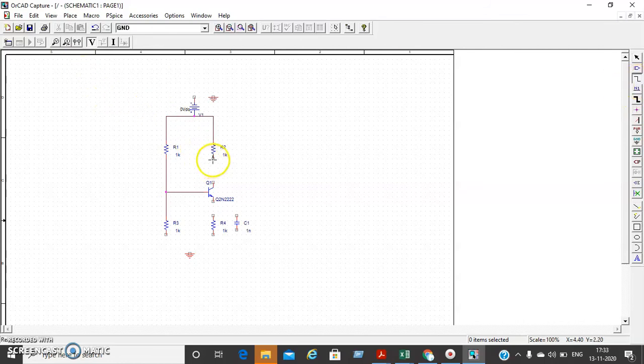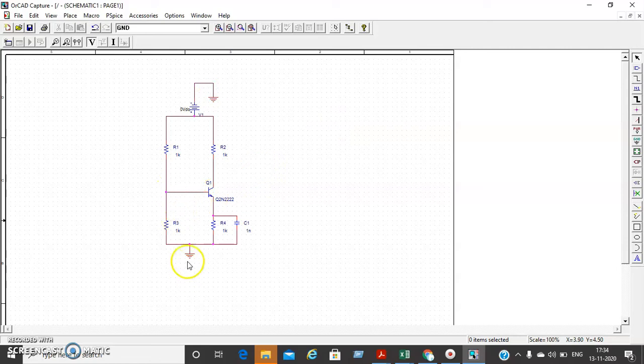Again press place wire, connect this resistor to the collector, and these resistors are interconnected together. This is connected to the emitter, and this is the bypass capacitor connected across the resistor, and here it is. Connect the ground, right? One more thing, you can adjust the position depending on your wish. Clear? We have given the connection.